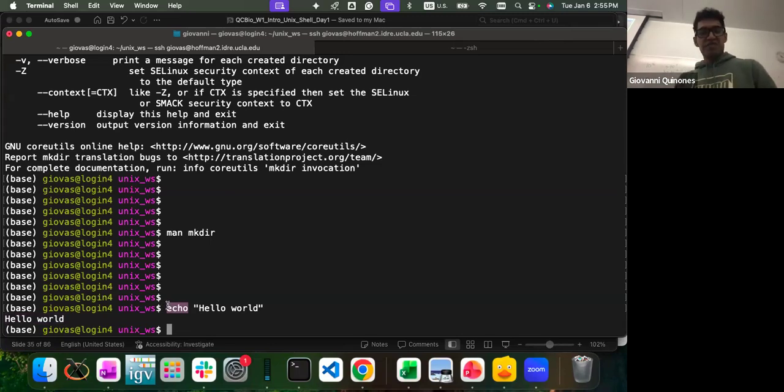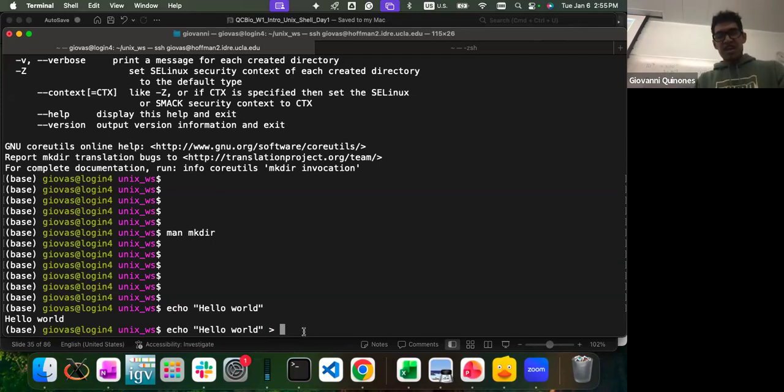The reason for one of the utilities, one of the functions of this line is that we can print directly into a file. So I can do, for example, echo hello world. Now I'm going to use this symbol. This symbol means direct. Like we want to direct the output to somewhere.